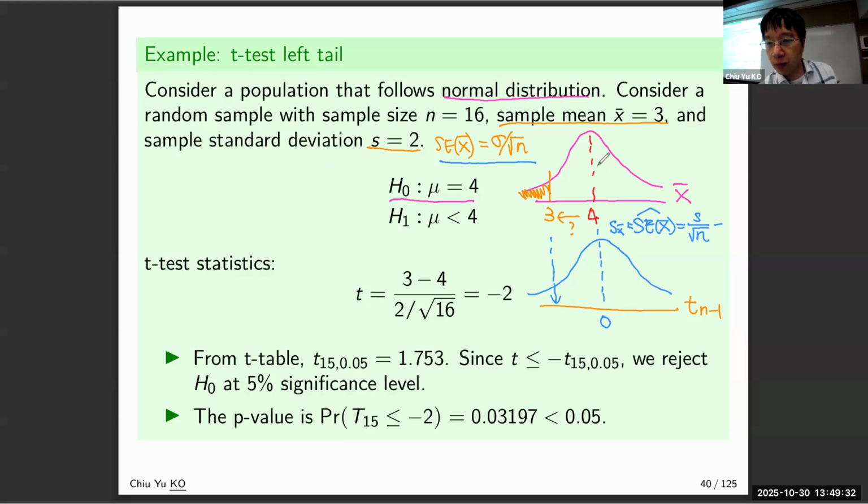Which is 2 over square root of 16. So it's 1/2. Okay. And this distance 1 by 1/2, this is -2. Right? Because the distance is 1, and the standard error of the mean is 1/2. So 1 over 1/2, or -1 over 1/2, is -2. So you figure out that this area